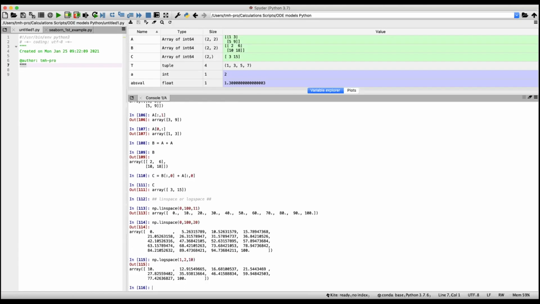So you can make an equally spaced array, but in a logarithmic space, which can be useful. Let's say you want to make a log plot of something. You want to have equally spaced points in your log plot. You can better use logspace than linspace, right? Because if you do linspace,